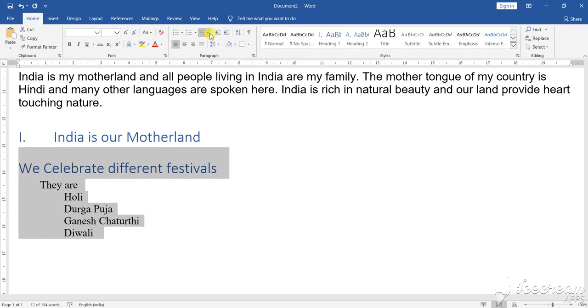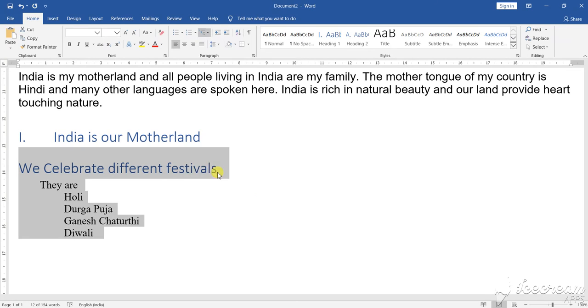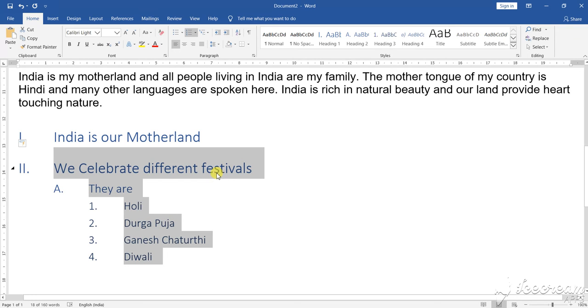Now let us go to the menus and submenus. Let's see what happens. Have you seen it? See, this became your first heading. This is your second heading. After the second heading, this is the subheading. Under the subheading, there are different other headings. So, shall I repeat the process again? I am repeating the process again. Let's see what to do.